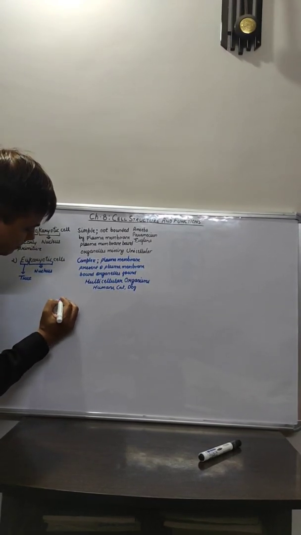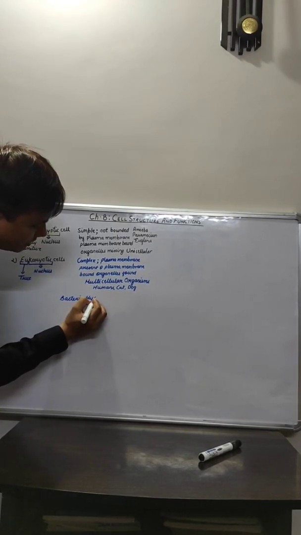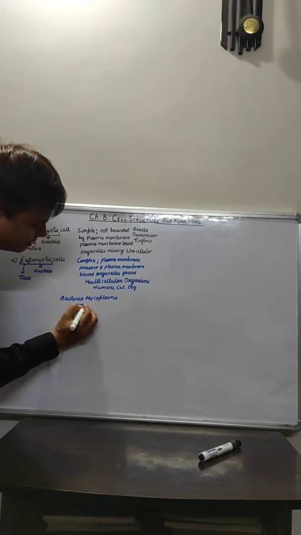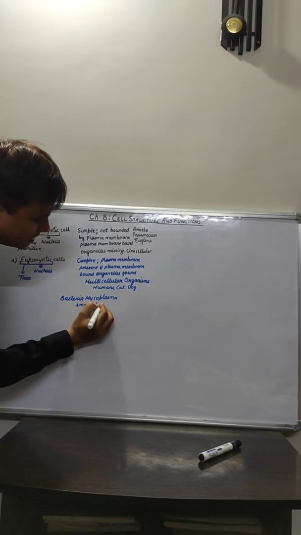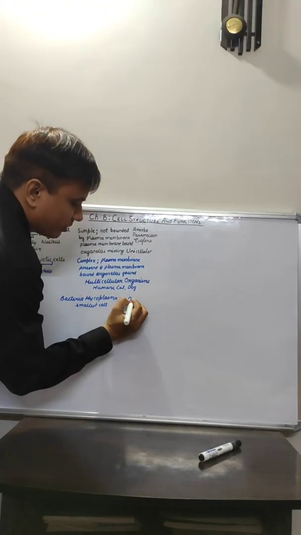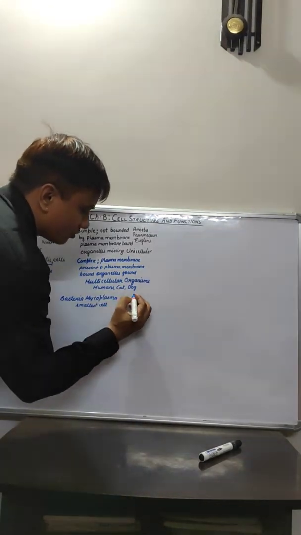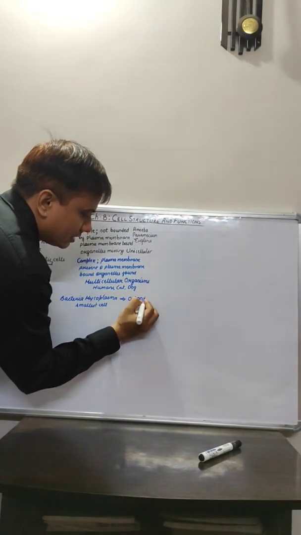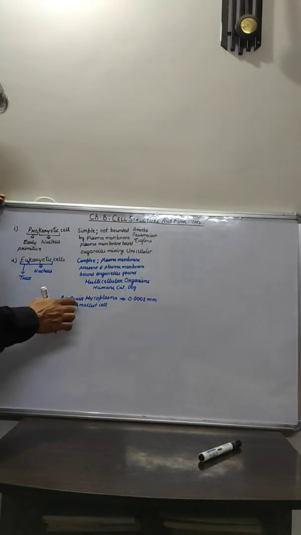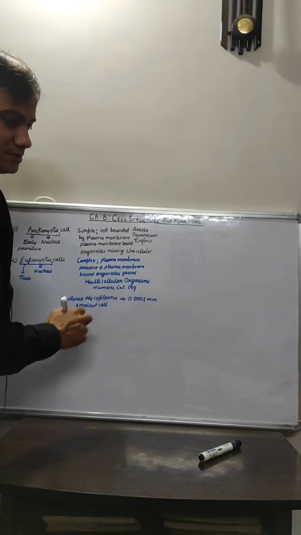Now when we talk about the smallest cell, what is the smallest cell? The smallest cell is the bacteria mycoplasma. It is considered as the smallest cell. Why? Because it is very, very, very small. Remember, I have said very, very, very. That means 3 varies. 3 varies is equal to 3 zeros here, and then 1 millimeter. So that is the size of the smallest cell, that is bacteria mycoplasma.